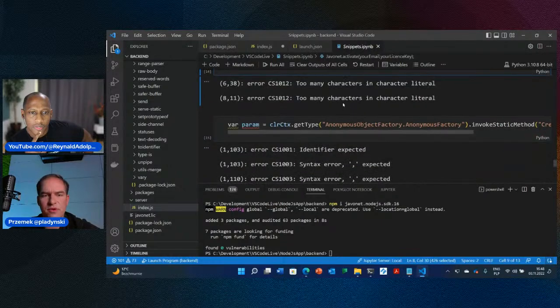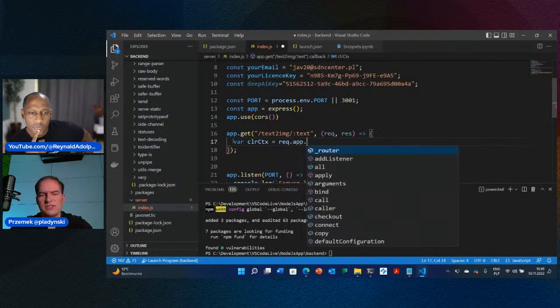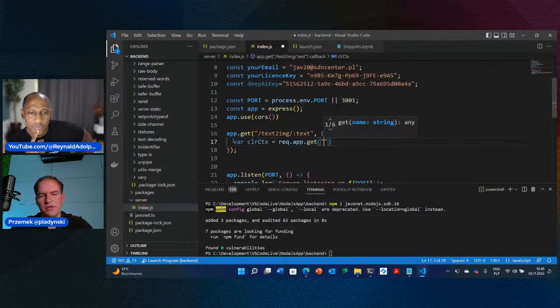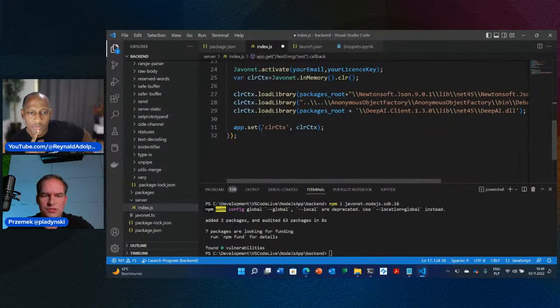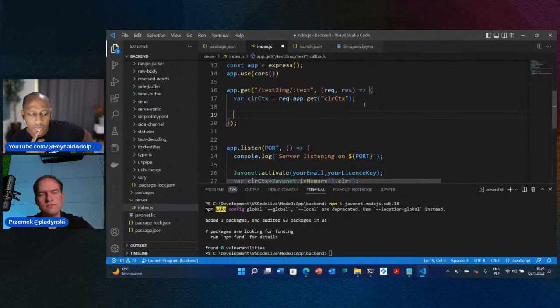So the next step would be to use that object in our root to generate an image based on the text passed from the user. So we take the CLR context from request app get. That's the way you can ask for the object set globally in the Node.js server.